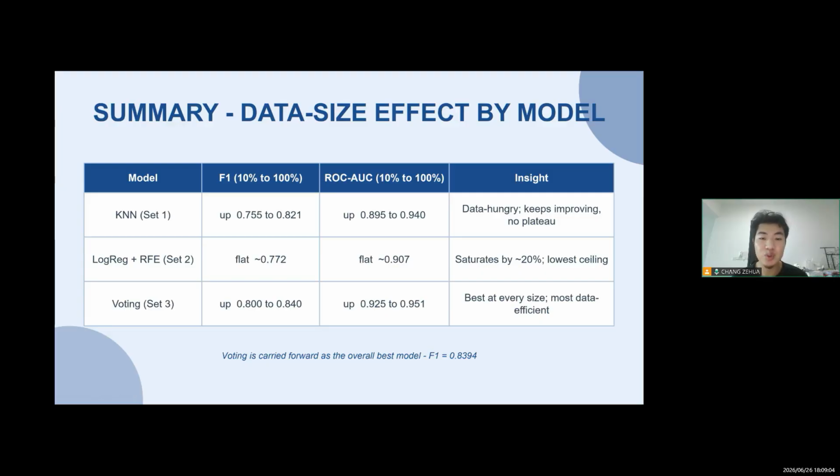KNN keeps improving with more data, but never clearly plateaus. Logistic regression stays flat from very early on, and the voting ensemble rises and stays the best across every data size. So it's carried forward as our overall best model, with a test F1 of